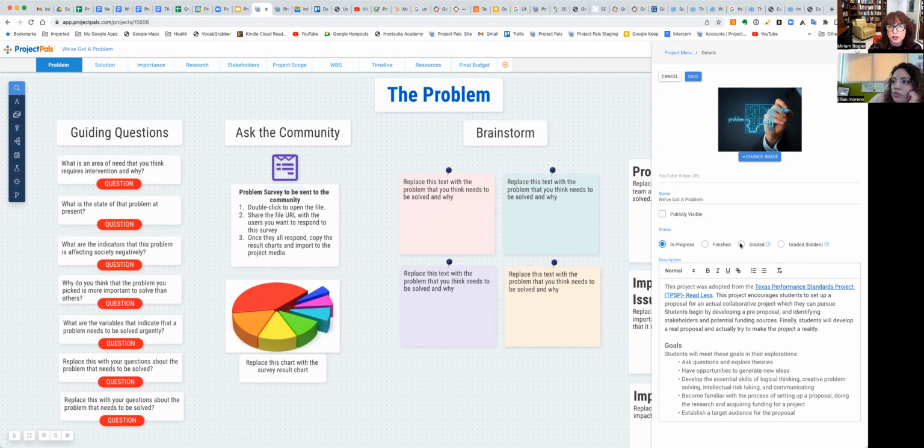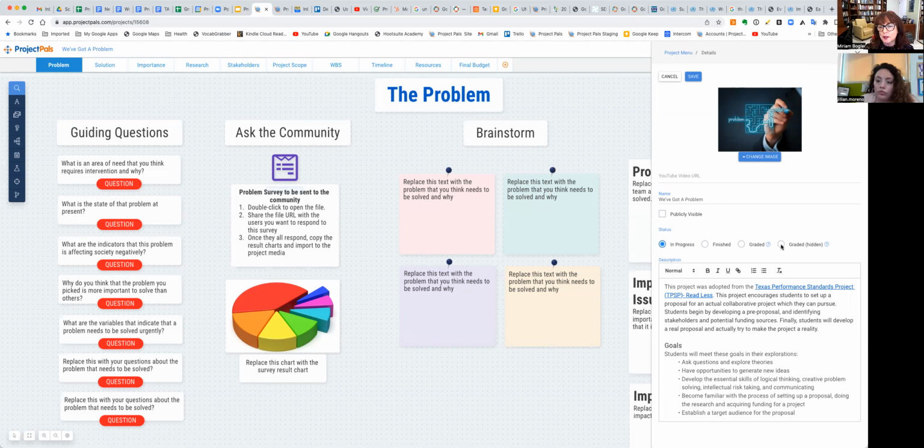So just imagine you have a lot of projects with the same image and you're not sure which one you graded and which one you didn't. That's a good thing to ask the students to do: click graded when you graded something. And then you know that this one you don't need to touch anymore. And then finally,